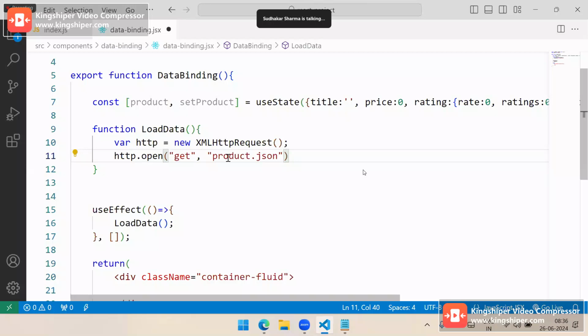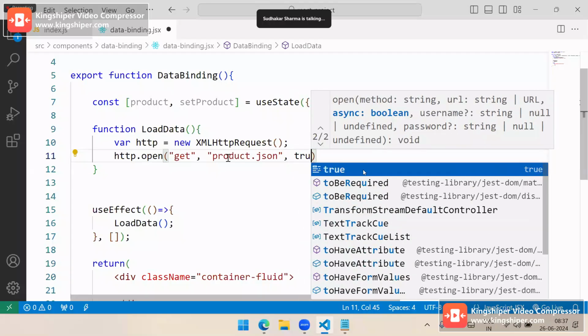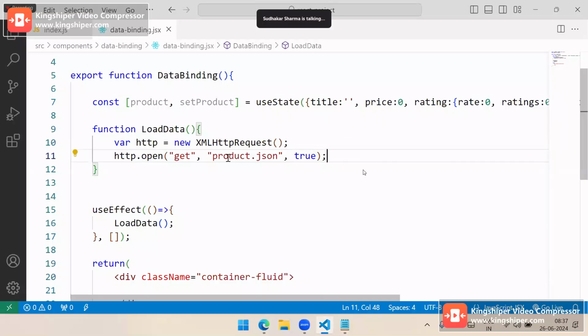And by default, when it is fetching, it will block all other actions in the background. We don't want it to block. We want this to execute along with other actions. Then we have to make asynchronous true. True indicates that the AJAX must be asynchronous. Otherwise, AJAX will be synchronous. Synchronous means that when it is fetching, it will block all other activities in the page. It should not block all other activities. It should execute along with others. Then asynchronous is true. So in JavaScript, an AJAX request can open with the request method,